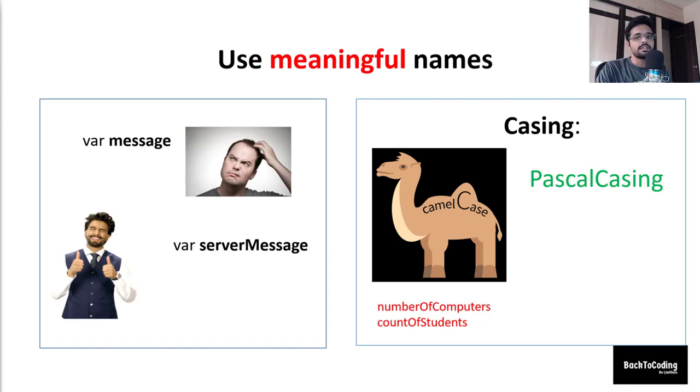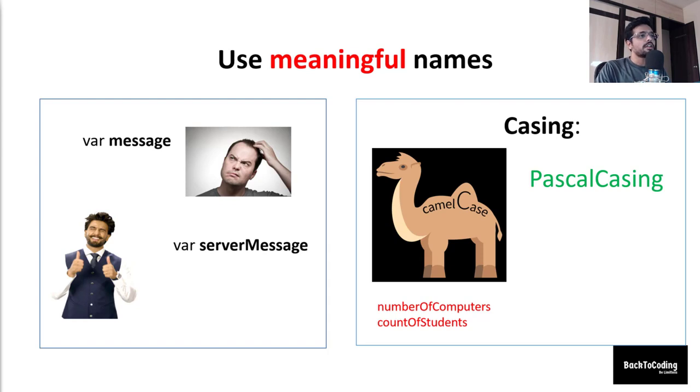Is it a server message or a client message or anything like that? Now consider if it was declared as server message. Then you get the idea behind the variable declared. Like, it is something related to the server's message. The key here is that declare a variable, complete your program, and then just go through your program once and see if you can relate to the code with variable names declared. If you don't understand what you yourself have written, then it's time to change it.